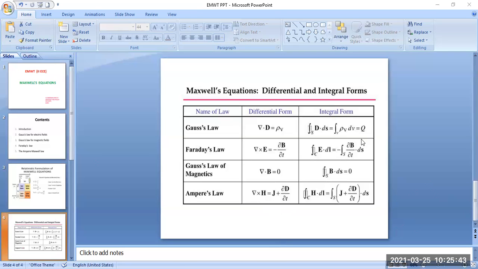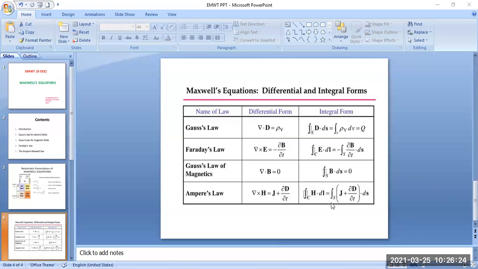Similarly, we can write the same equations in integral forms also. For integral forms: the closed surface integral over S of D bar dot ds bar is equal to 0, the line integral over L of E bar dot dl bar is equal to minus the integral over S of dou B bar by dou t dot ds bar, the integral over S of B bar dot ds bar is equal to 0, and the integral over L of H bar dot dl bar is equal to the integral over S of dou D bar by dou t dot ds bar. So we apply only three conditions: rho V is 0, J bar is 0, sigma is 0. Those three conditions applied on the Maxwell's equations give us the Maxwell's equations for free space.